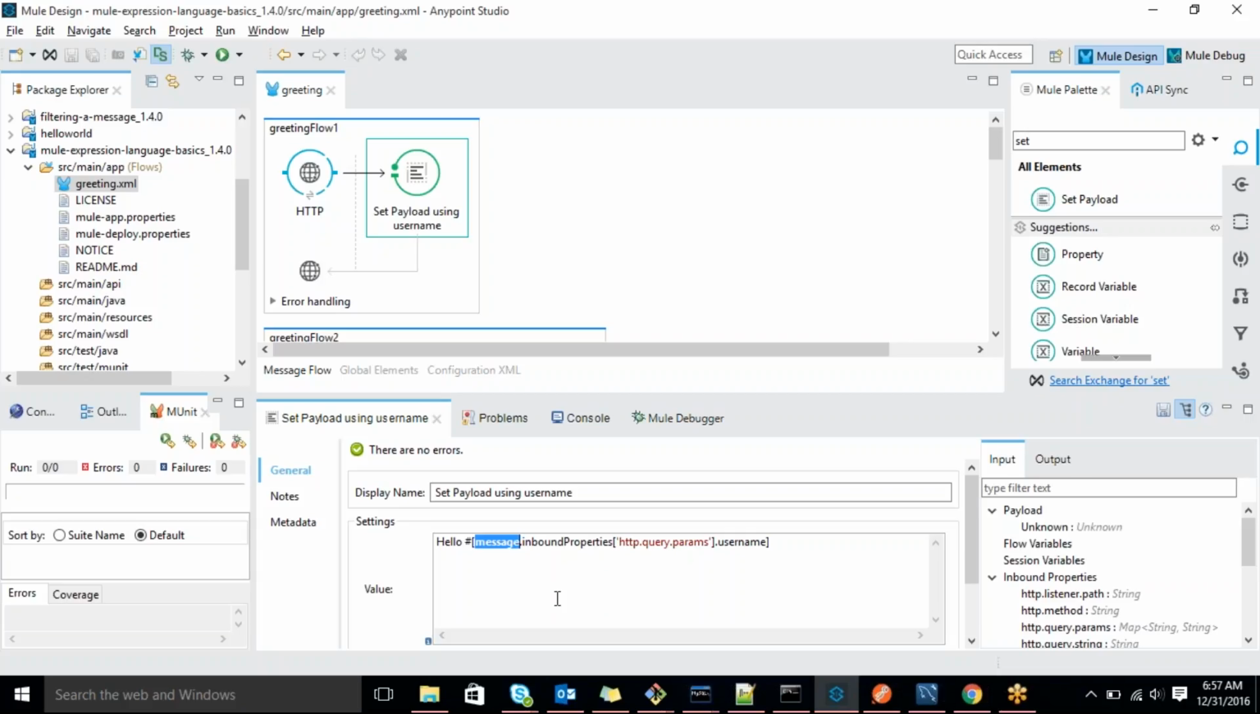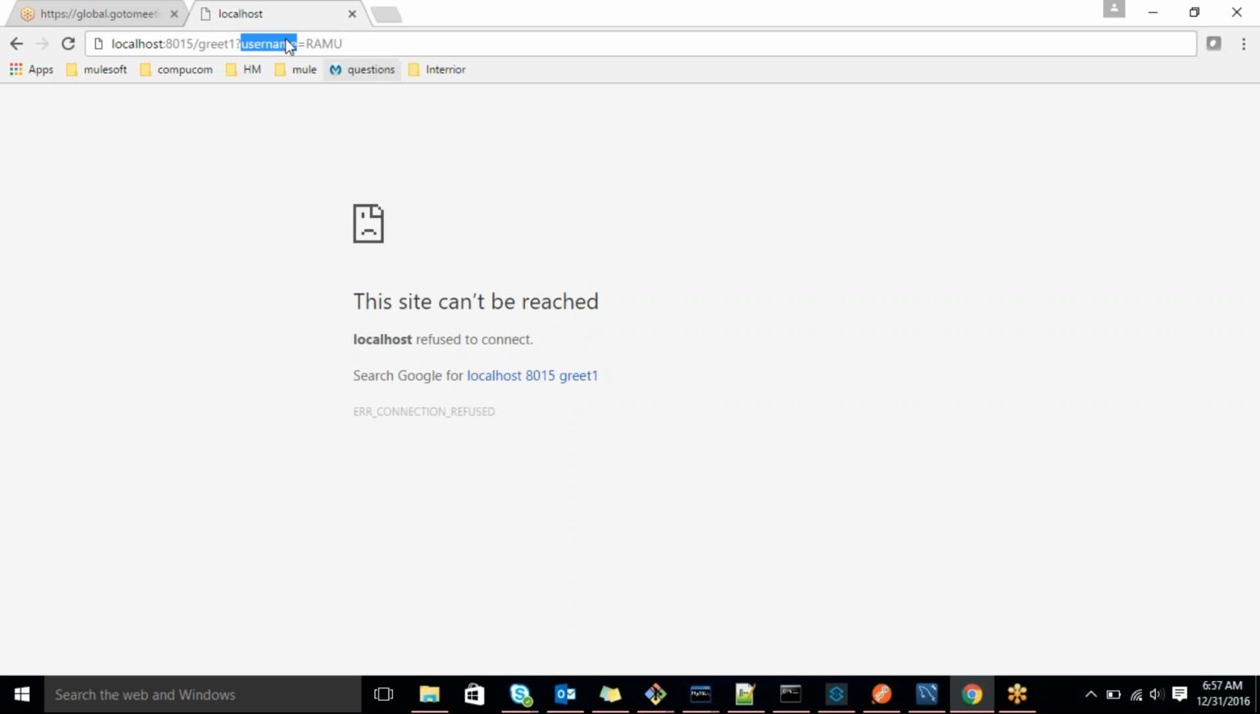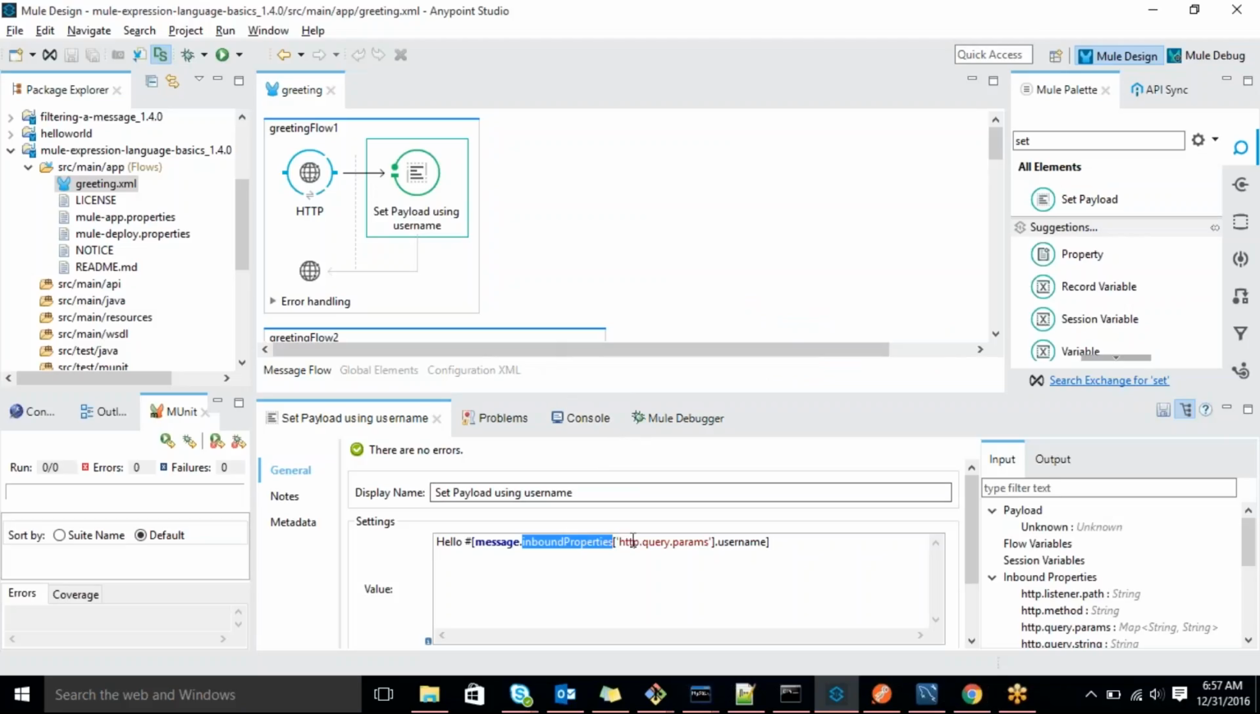Did you hear about this? These are by default objects. So here also no need to define any object, it is already there. So message dot, that is internal built-in. Message dot inbound properties of, there is nothing but a query parameter. That's why http dot query params of username. You are clear? So this is the syntax. I'm trying to get the